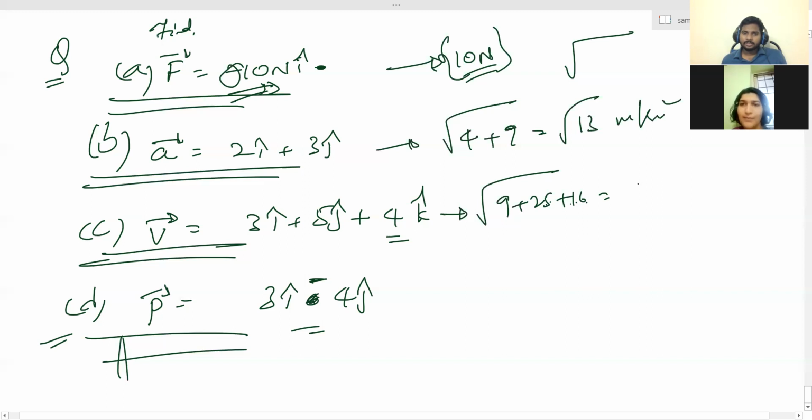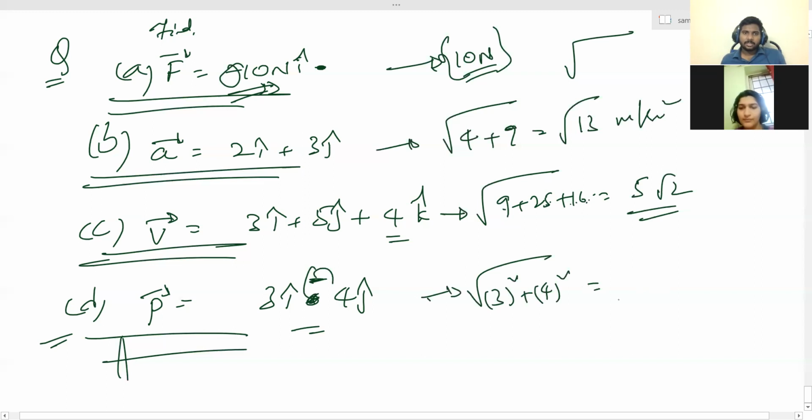25 times 2, that is 5 root 2. So then this will be root over 3 square plus 4 square. Yes, sir. Minus indicates negative y direction. 9 plus 16, that is 25. Root 25 means 5